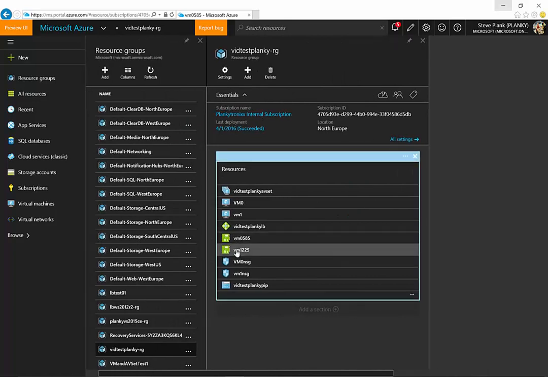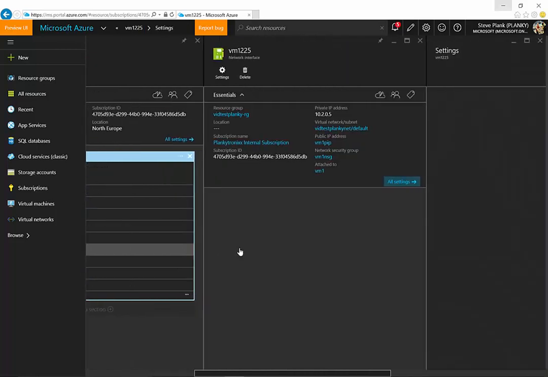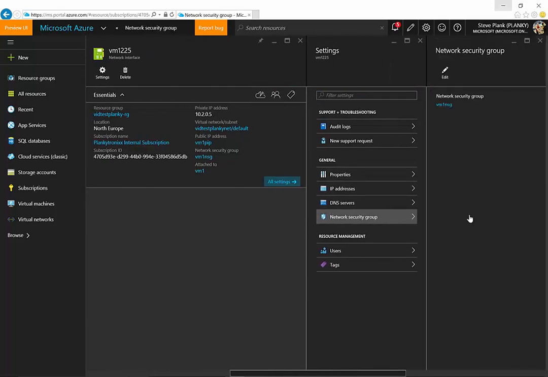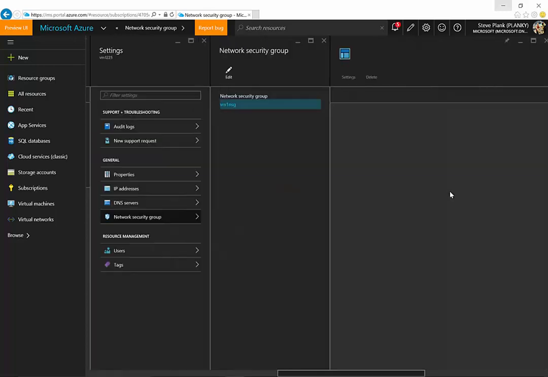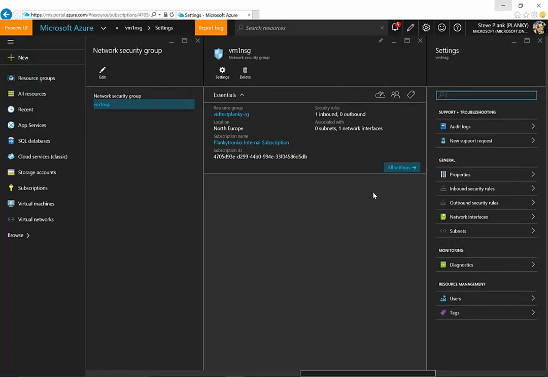So now go to this VM, VM1 225. And I go to all of its settings, and I go to network security group, and there I go to VM1 NSG, and I look at the inbound security rules for that,